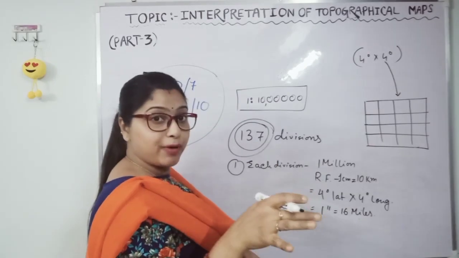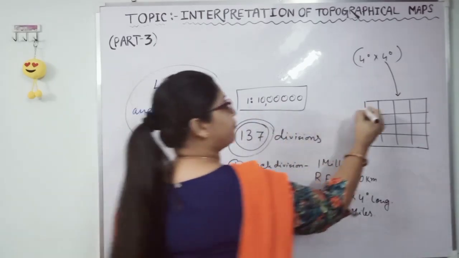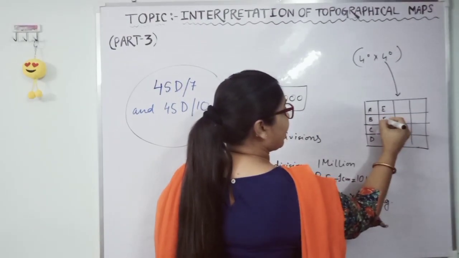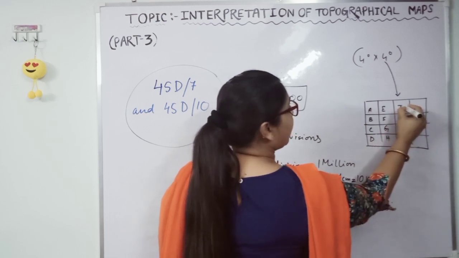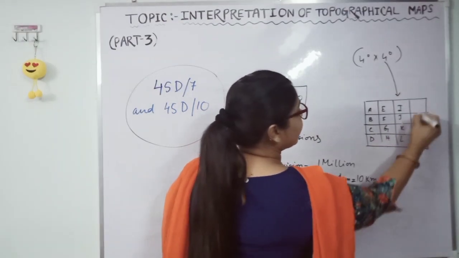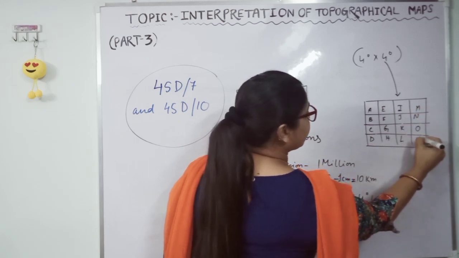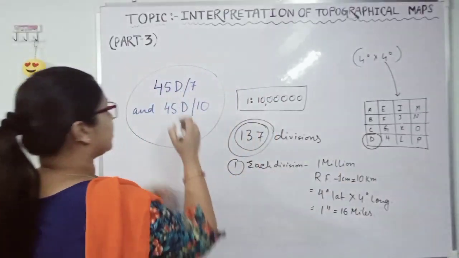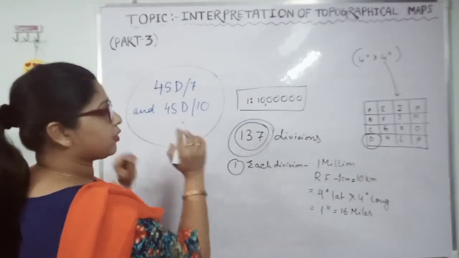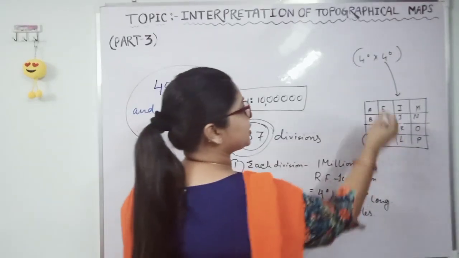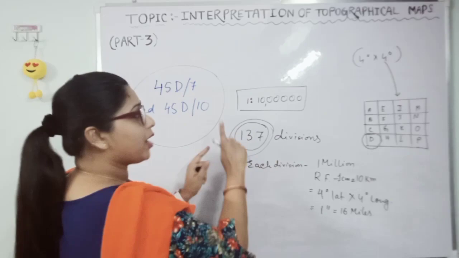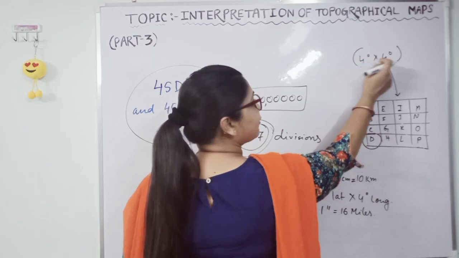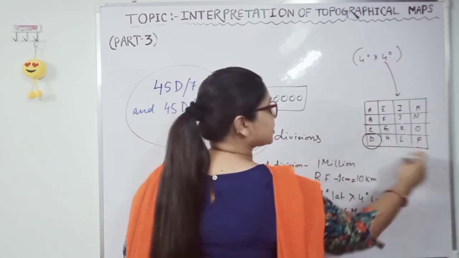According to the English alphabet, the letters A to P are given: A, B, C, D vertically, then E, F, G, H, I, J, K, L, M, N, O, P. Here we have D. I will tell later how we got this. First understand that one of the 137 divisions, having 4 degree by 4 degree, is divided into 16 parts,